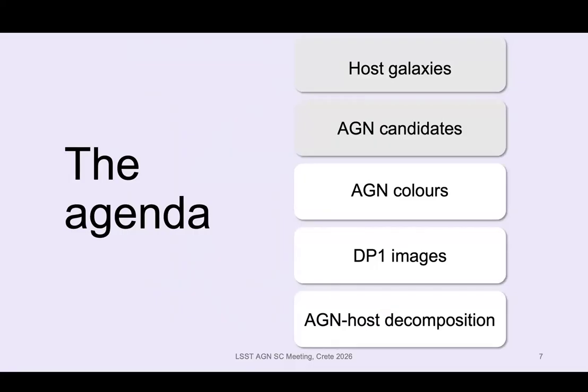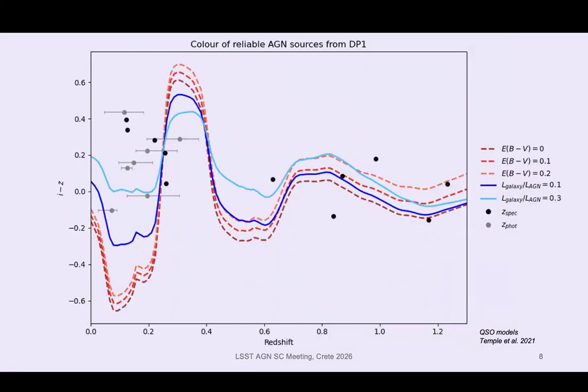So if we just plot straight up the PSF magnitudes from the DP1 catalog, this is what we're seeing. Everything in black is the spectroscopic redshift associated. The gray dots are just the photometric redshifts that we have for the sources. This is plotted against Matthew Temple's QSOGen code, where I've got some QSO model tracks for different dust extinctions